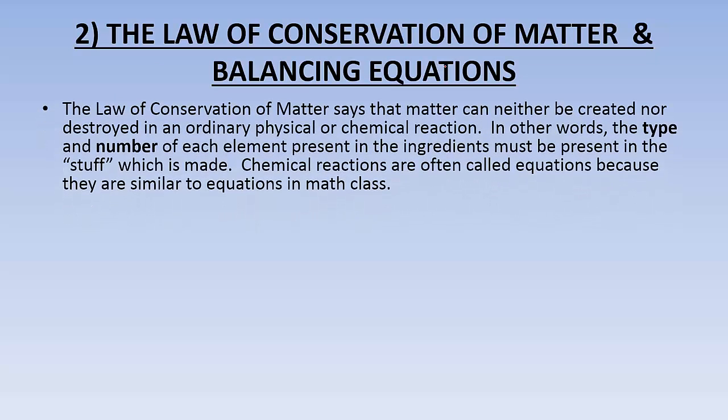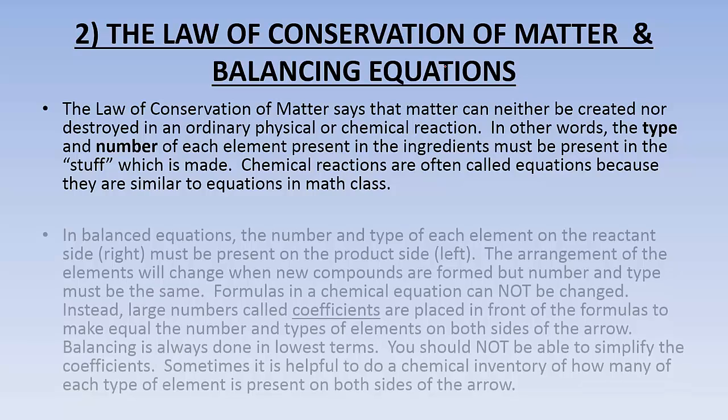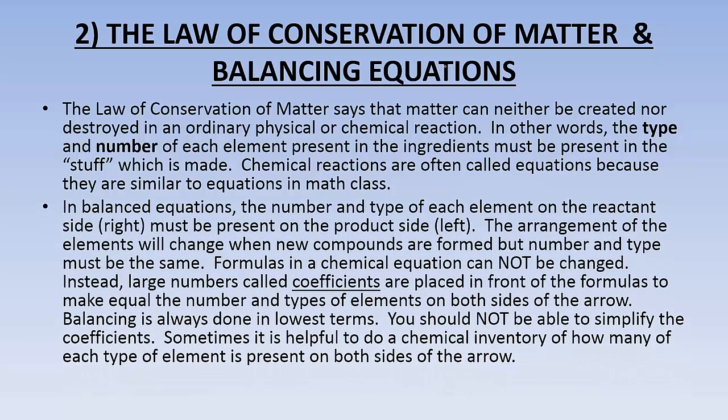All right, so the law of conservation of matter says that matter can neither be created nor destroyed, right? The same type and number has to be present on the left side and on the right side. If you start with 1 hydrogen, you have to end up with 1 hydrogen. You can't disappear, and you can't get more hydrogens out of nowhere. In balanced chemical equations, the number and type of each element on the reactant side must be present